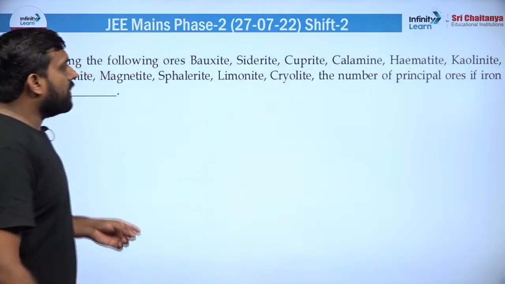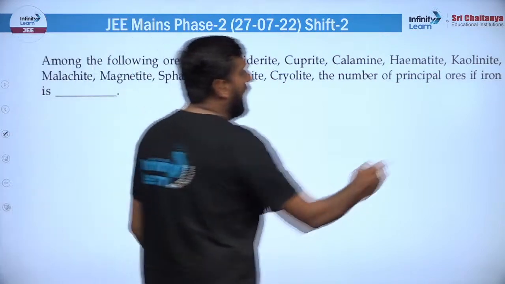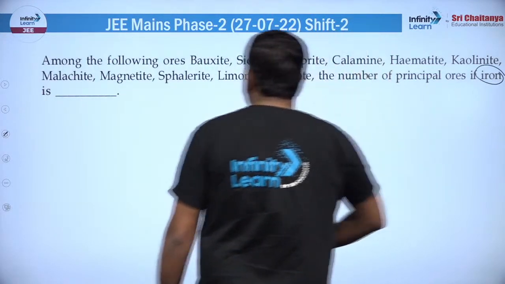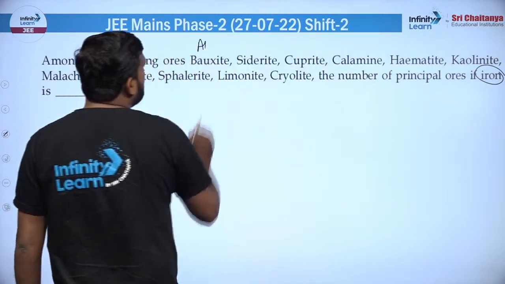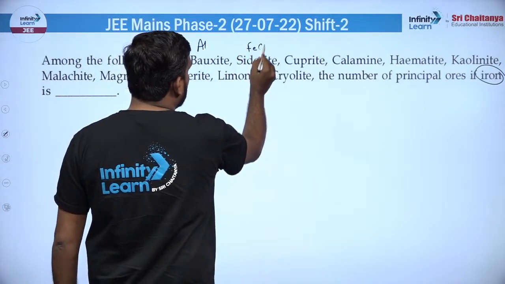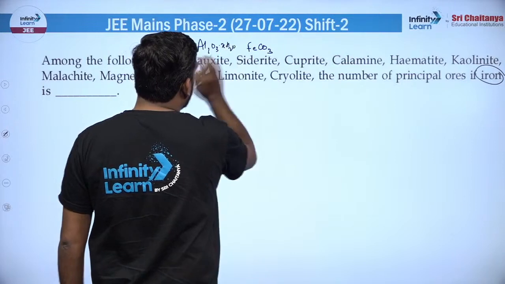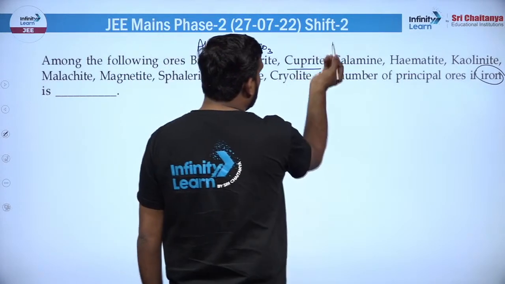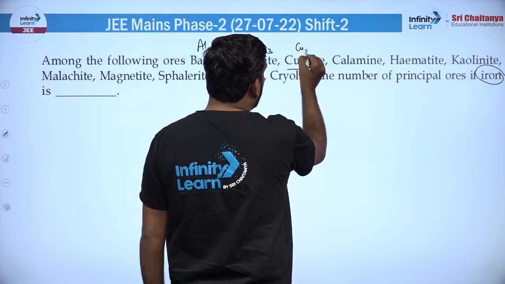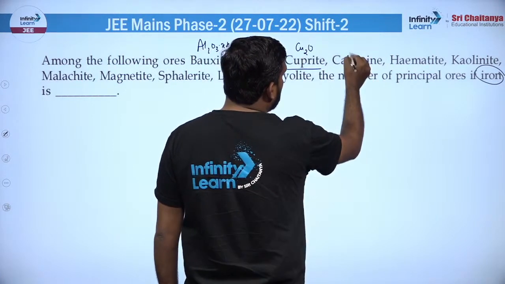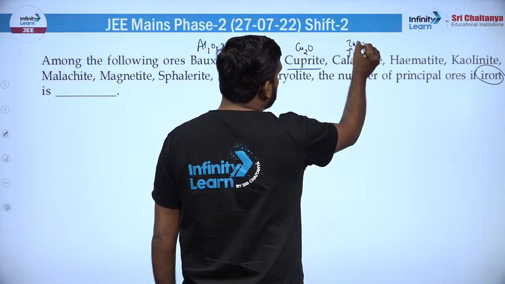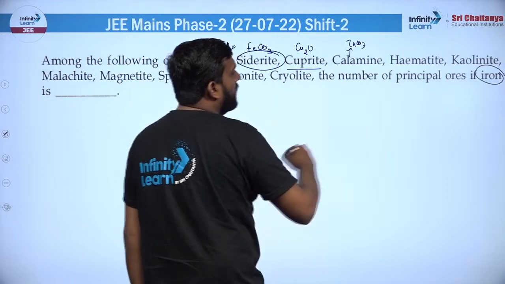गोइंग टू द नेक्स्ट क्वेश्चन, अमॉन्ग द फॉलोइंग ओर्स बॉक्साइट, सिडेराइट, कुछ ओर्स के नाम दिए गए, द नंबर ऑफ प्रिंसिपल ओर ऑफ आयरन, आयरन के प्रिंसिपल ओर्स बताने हैं, ठीक है। तो चलो देखो, बॉक्साइट तो एल्यूमिनियम का है, ठीक है, सिडेराइट आयरन का है, FeCO3 होता है ये, ठीक है, ये Al2O3.xH2O होता है, कई किताबों में 2 भी लिखा हुआ मिल जाएगा। क्यूपराइट जो है वो तो नहीं है, वो कॉपर का ओर है, ठीक है। फिर उसके बाद कैलामाइन ZnCO3 को कहा जाता है, ठीक है, तो ये तो जिंक का है, ये भी नहीं है, सिर्फ अभी तक सिडेराइट ही मिला है।